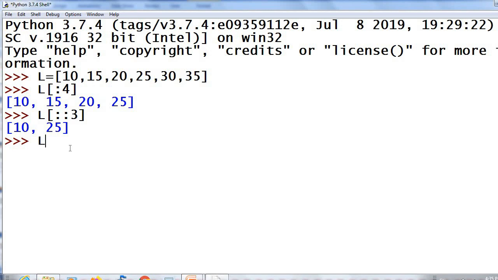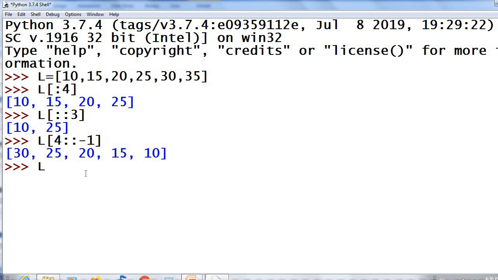L 4 colon colon minus 1. Here the step value is minus 1. So the extraction is backward. Starting index is 4. That is 0, 1, 2, 3, 4. From 30 onwards, skip by 1 up to the first element.